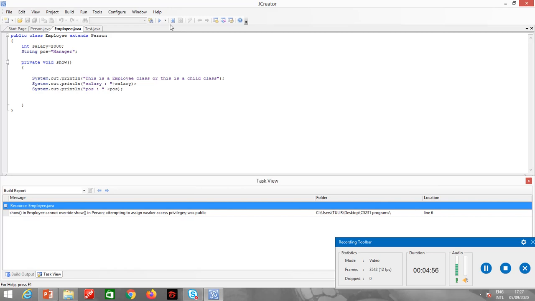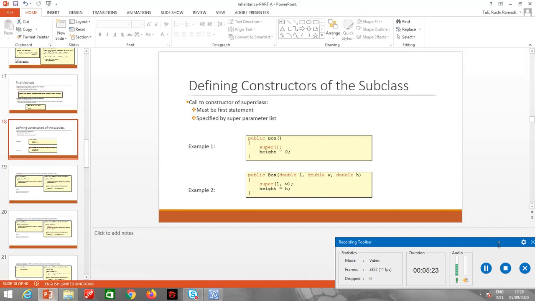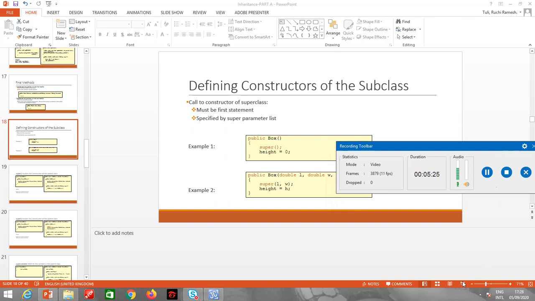So while doing method overriding, if in a parent class you have declared the method as private, you can make the method public in the child class, but vice versa is not allowed. That means if in the parent class the method is declared as public, you cannot declare the same method as private in the child class. So that was one of the most important concepts in case of overriding. Let's go ahead now, going ahead to the next topic.